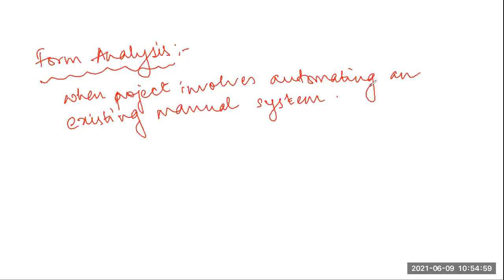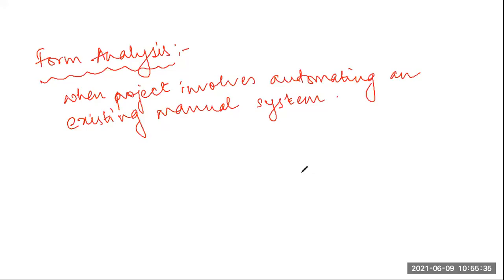And in form analysis, physically, the analyst can get a few forms, applications or notifications about how this process is entirely going on. After analyzing these documents he can understand under which scenarios what data is given to the system, how the system is processing, and what the various outputs given out by the system are. So these are the two ways the analysis is done: one is scenario analysis, another is form analysis.